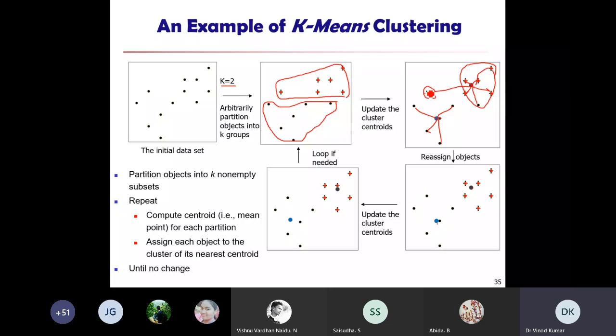Previously this cluster was belonging to this one; now this cluster belongs to this other one. So you are observing some changes, and the centroid has now changed.